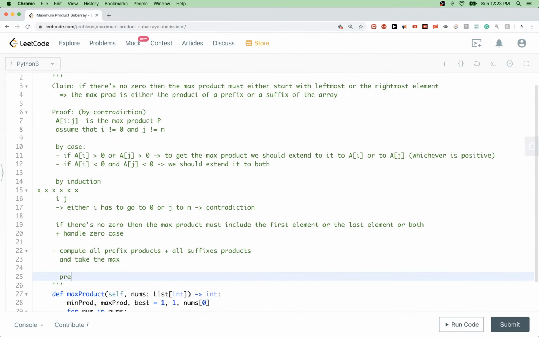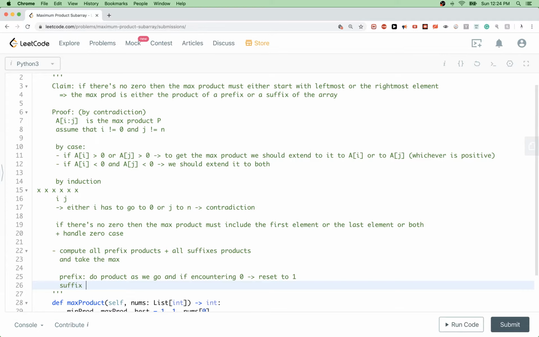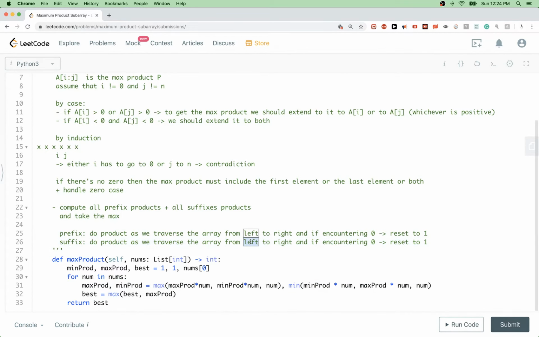So how do we compute the prefix? Well, for the prefix, just do product as we go, and if encountering 0 to handle the 0 case, just reset to 1, right? So that we can start a new prefix. Same thing for the suffix, do product as we traverse the array from left to right. The suffix is almost the same thing, except the only thing that changes is that we do the product from right to left,